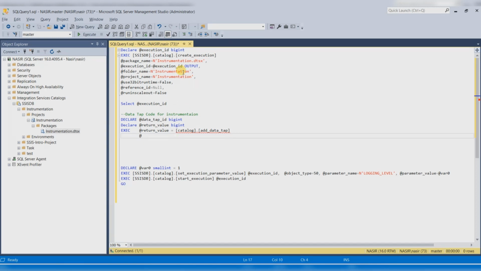You see here for the context of execution, we are writing catalog.create_execution, and for the execution we are writing catalog.set_execution_parameter_value, and in the same way we are writing catalog.add_data_tap, and